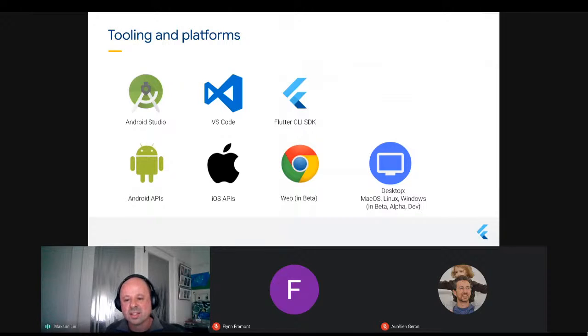And when I wrote these slides, Windows was in developer preview, but Windows has now very recently gone into alpha as well. So basically, even though it's not very mature yet, it's already quite usable to build or at least prototype apps for macOS, Linux, and Windows using the Flutter SDK. So starting off with mobile apps, you can now have a single code base that also lets you branch off and deploy the same code to the web and to desktop. So it really covers pretty much all the platforms that you might care about as an app developer.